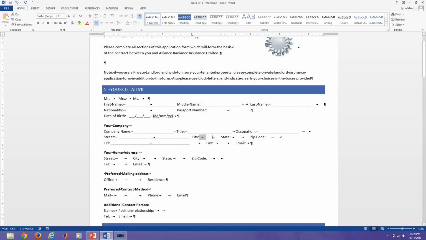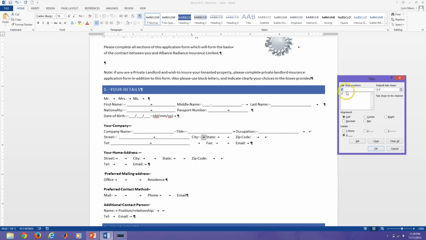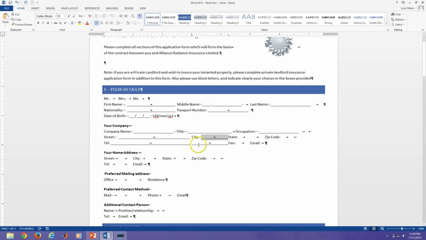And that's going to grab everything, which is kind of cool. Let's try city. And this tab stop, I'm going to set the tab stop, this time at, let's say, 4.25 inches. The leader again set. I say OK. I don't need this tab underneath it. So fax lines up really nicely. State, I'm going to push over just a wee bit. Grab this first